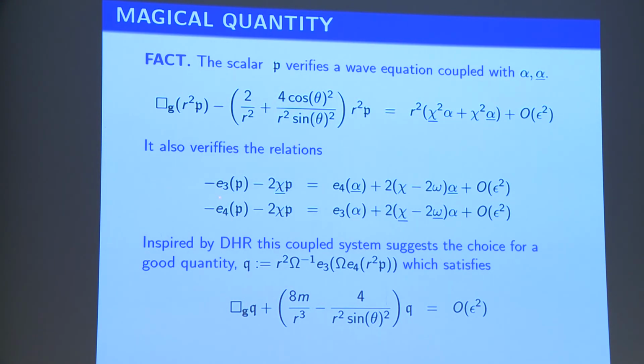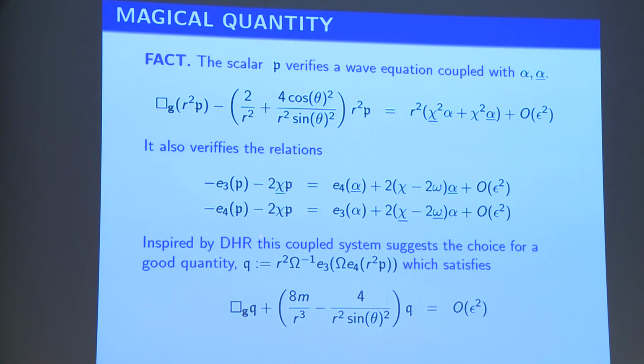there were some very simple relations satisfied between this quantity which we have introduced and alpha bar, some kind of simple ODEs like this. Inspired by the fact that we knew that Holzegel, Dafermos, and Rodnianski already had a good quantity at the level of the second derivative,